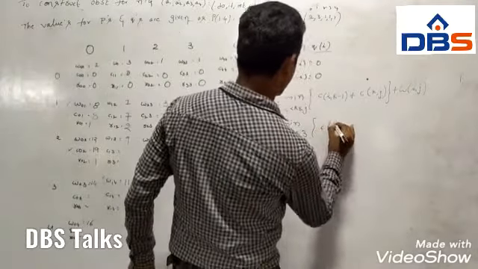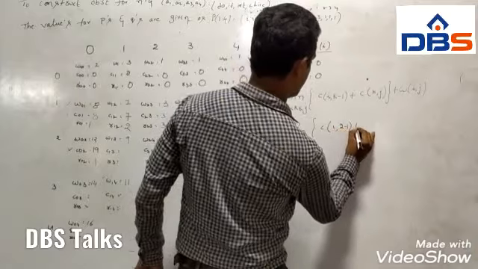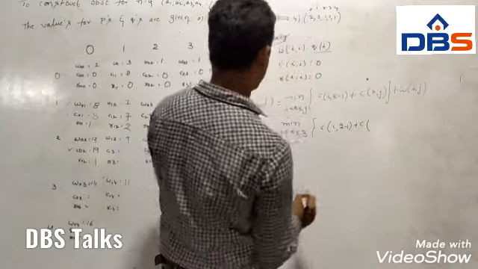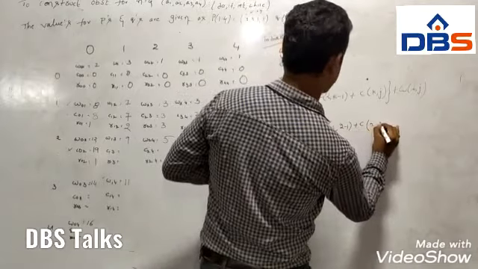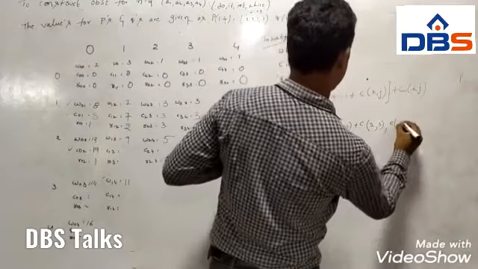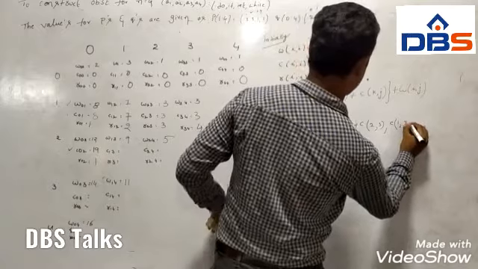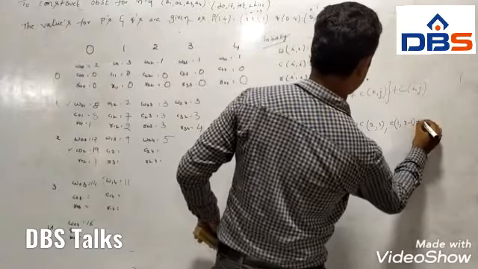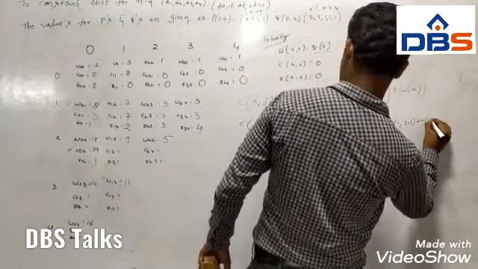See, C of 1 comma 2 minus 1 plus C of 2 comma 3 comma C of 1 comma 3 minus 1 plus C of 3